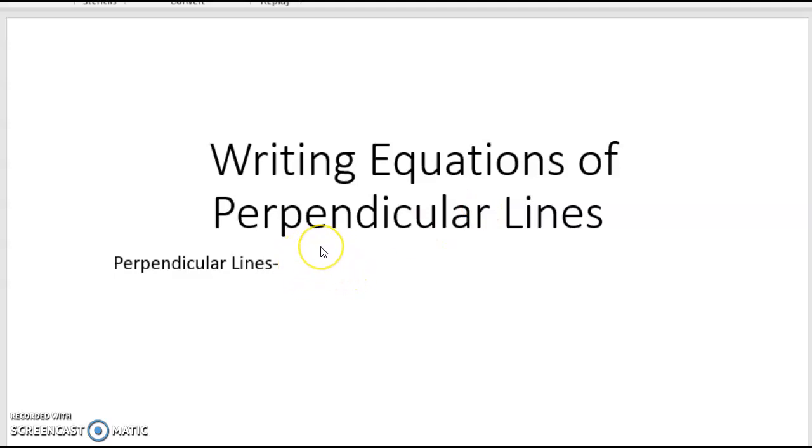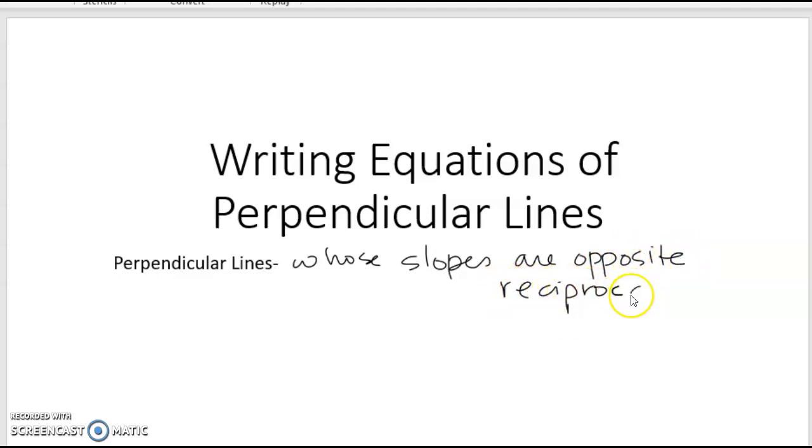Today we need to discuss writing equations of perpendicular lines. Perpendicular lines, as you know from middle school, are two lines that meet at right angles. But more specifically for algebra, they are lines whose slopes are called opposite reciprocals. Now, what that word means is that if I have one slope that is y equals 3/4 x plus a 1,